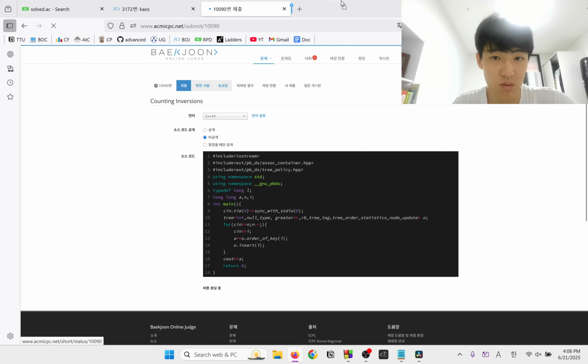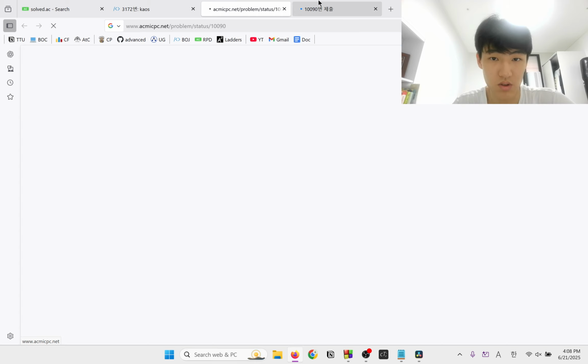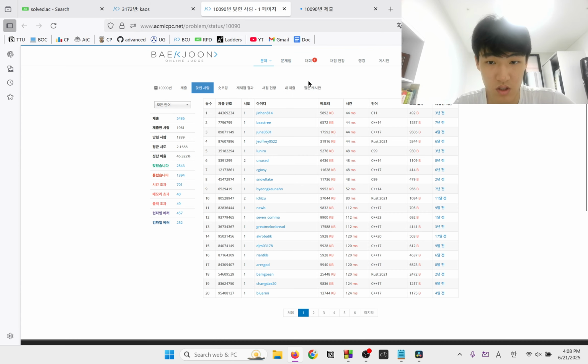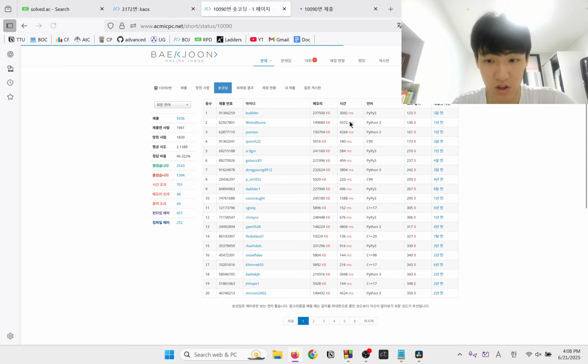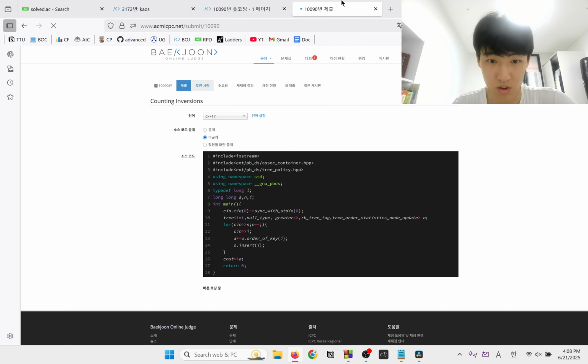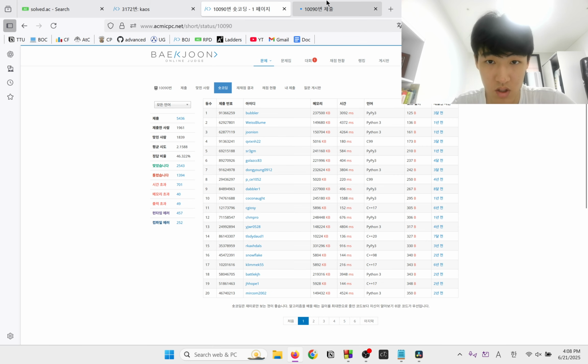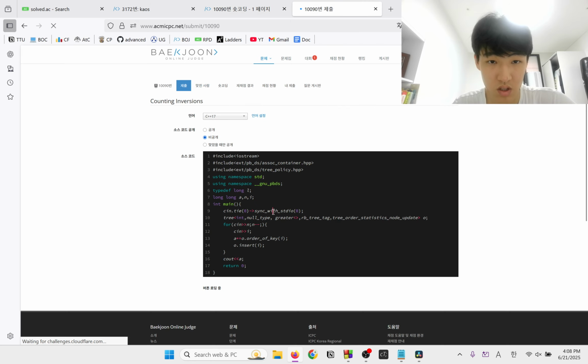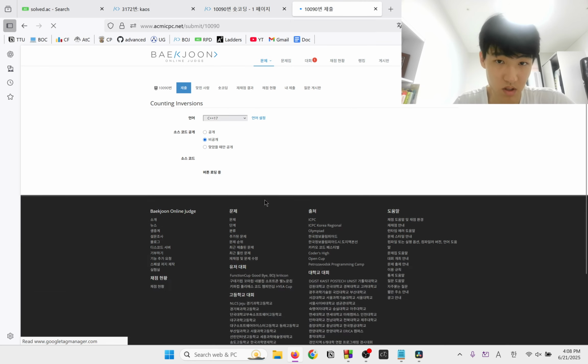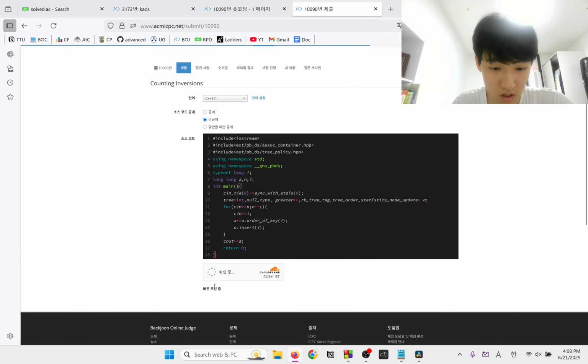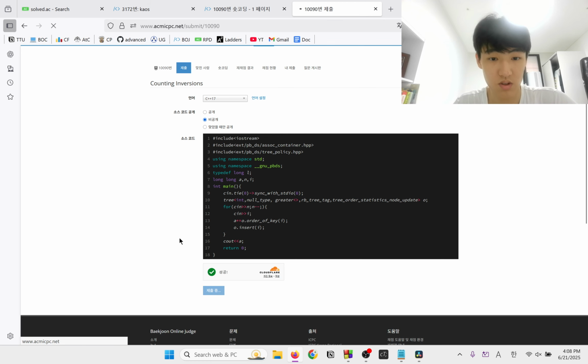I feel like a lot more people tried this with PBDS actually. So if you go to short coding, there's a lot of way shorter code. God, this is taking forever. Let's try submitting.